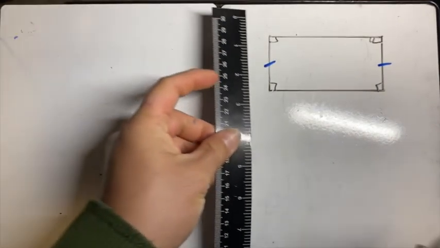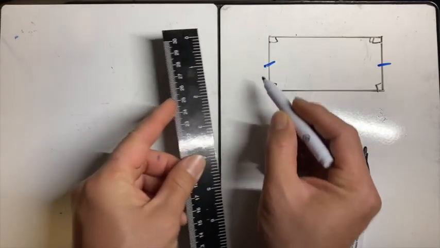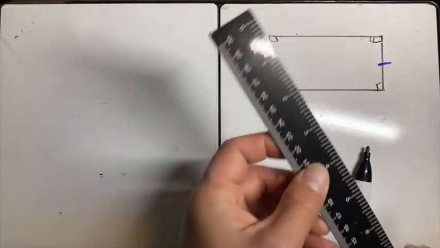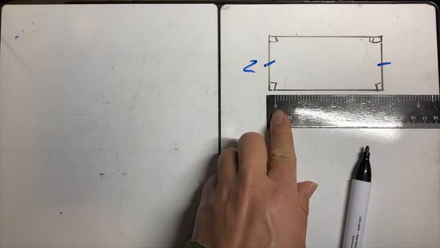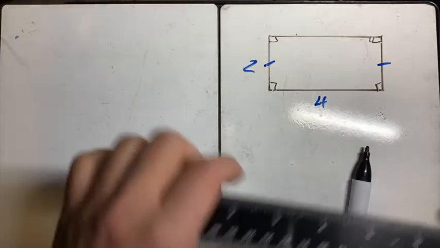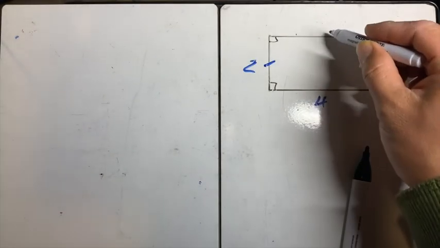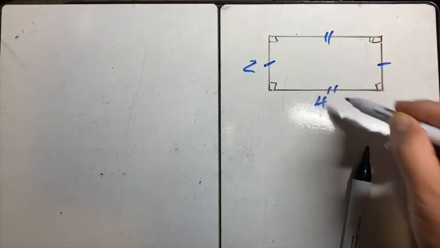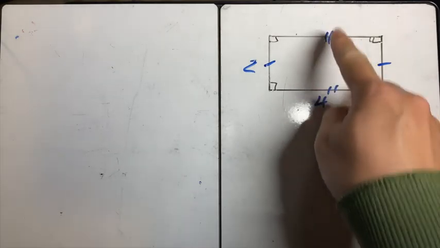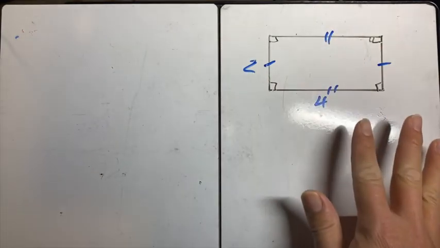Okay, let's prove it. So as you can see, this short side is 2 inches, and it is the same right here. How about the long side? It is 4 inches, and right here is also 4 inches. So I can say that they are also congruent. All right, remember the opposite sides are the same. So now we know the rectangle,